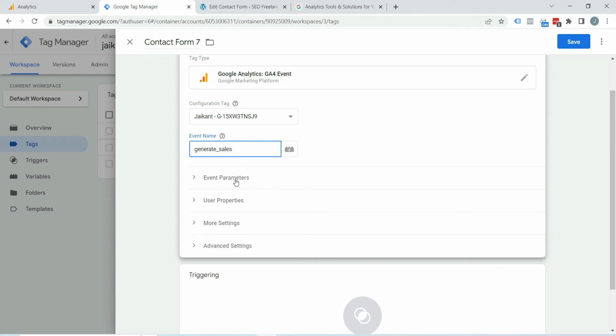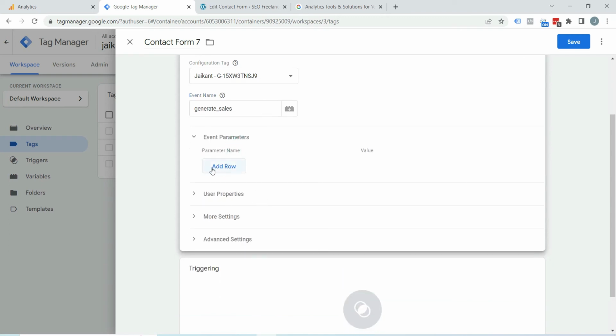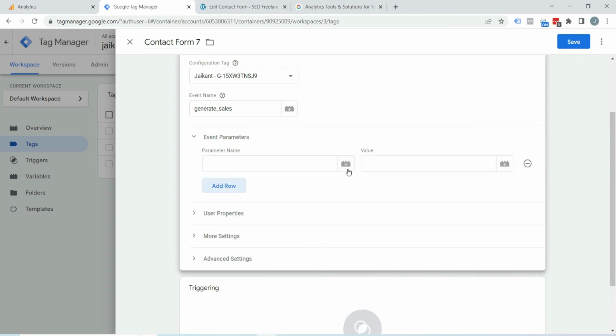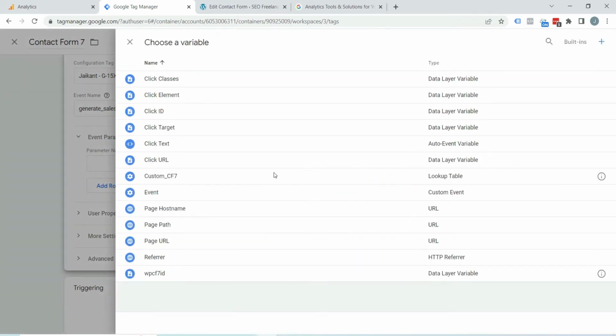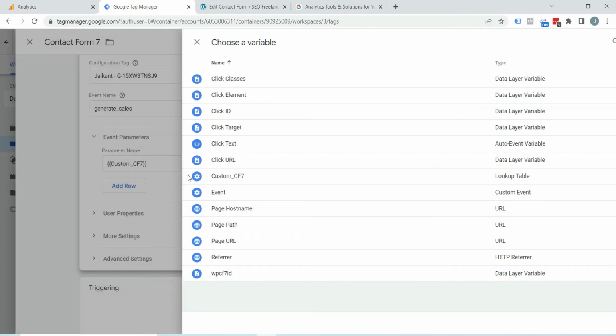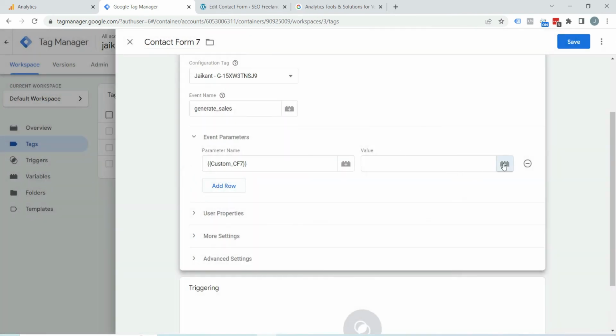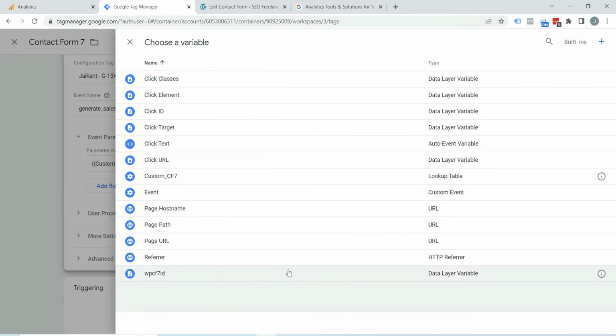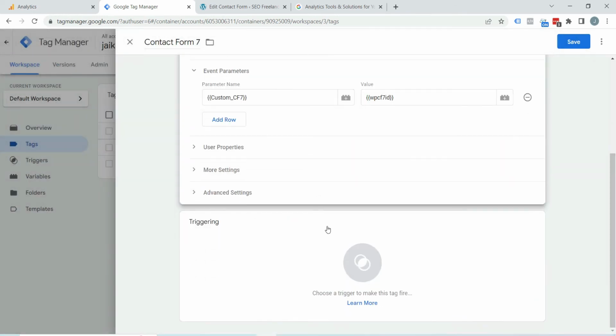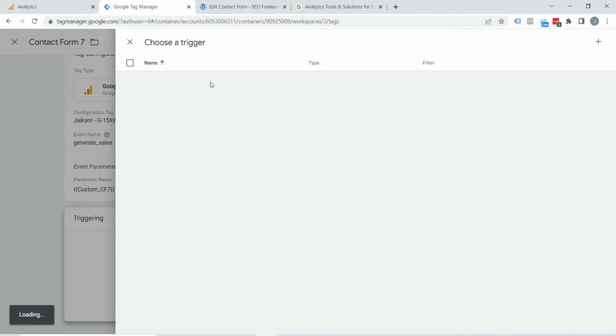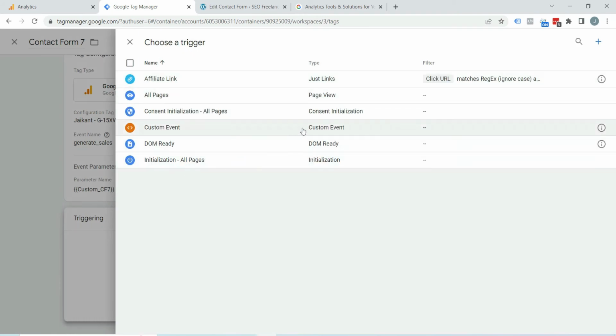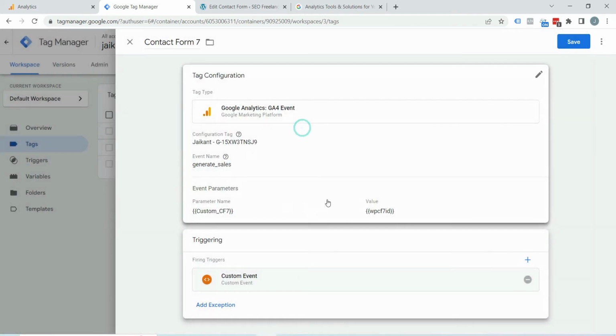Now click on event parameter. Here you can see parameter name, value. Click on this row, click on this plus icon, select this one that I have just created, custom underscore contact form 7, and in value enter the data layer variable. Now select trigger, custom event that I have created. Now click on save,